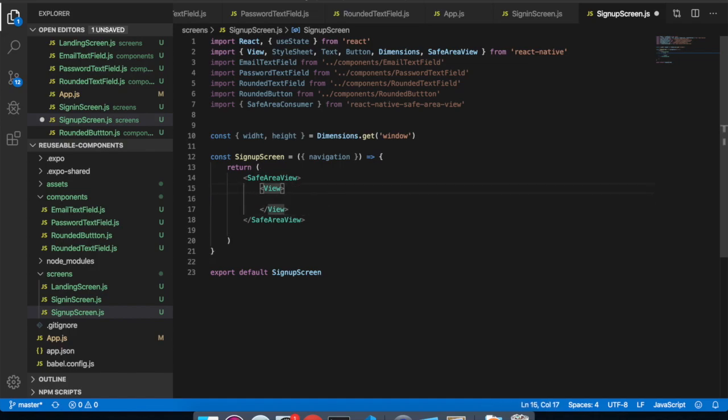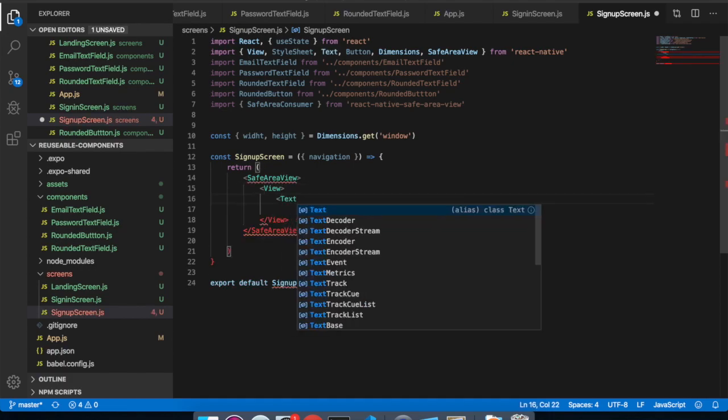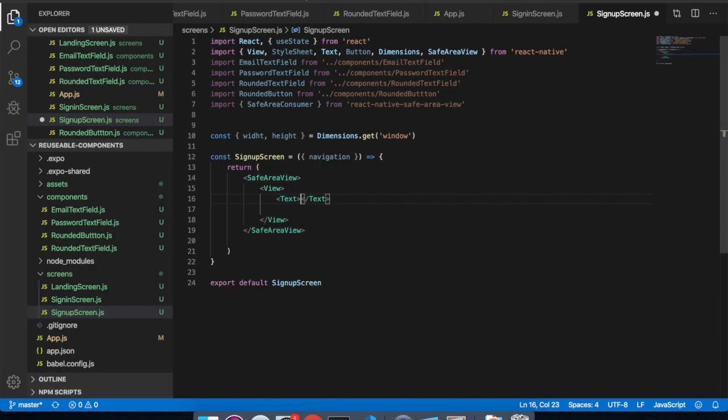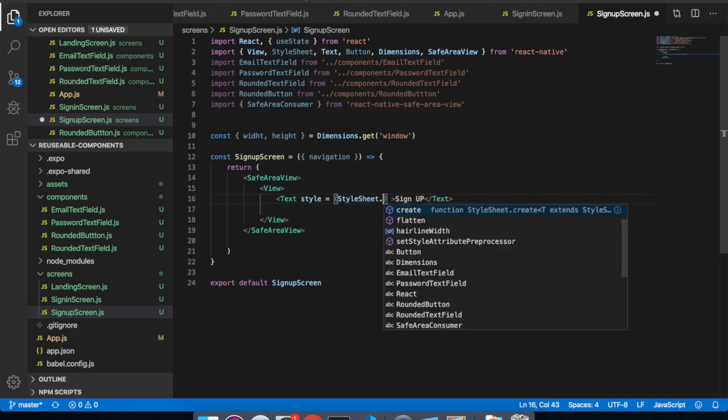Okay, now let's add text for the title. So text here would be sign up, add style size dot